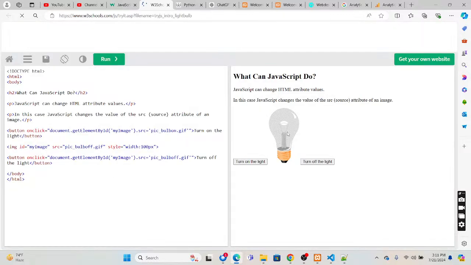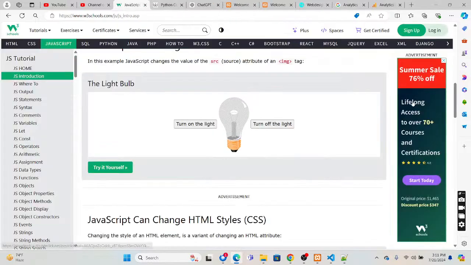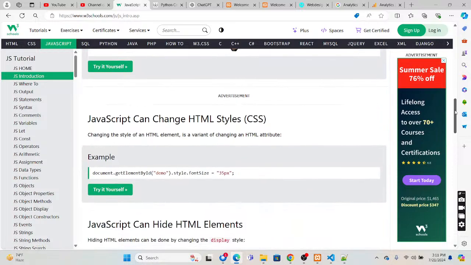You can actually change it. Okay, you see this one. There is an image, and for each image, when we turn on, we are displaying a different image. When you click on the on button, the on image is displayed. This HTML is replaced by this particular image, and off is replaced by this image. These are two different images. So this is the way we can do it.